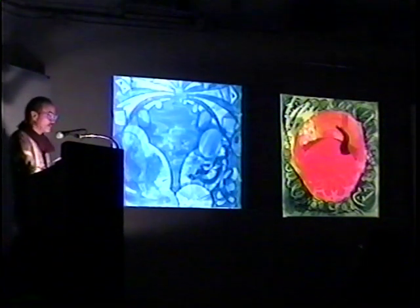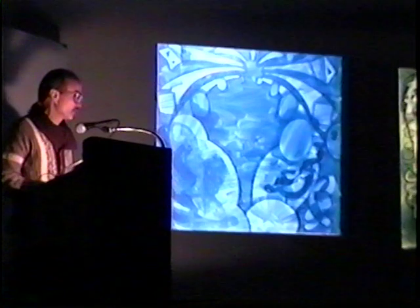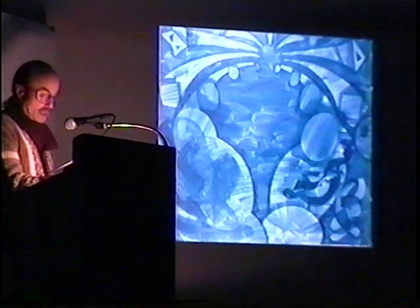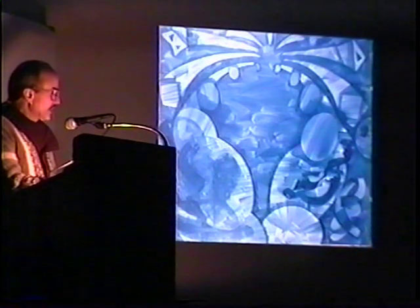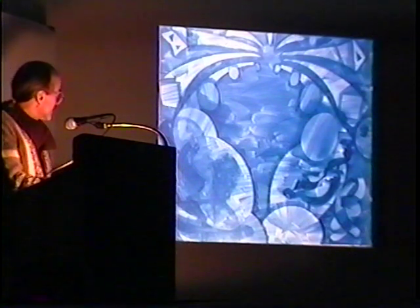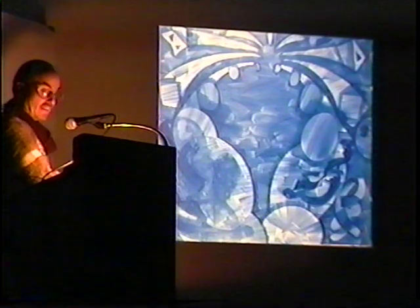Now, this is called The Blue Theater. It's a large painting. It's 90 inches by 96 inches. It's in the Museo Contemporaneo in Mexico City. I'm endlessly amazed by how little I sometimes understand what's going on in my own work. Other people can point things out to me that I never saw. I showed a postcard of this to someone, and he just took a glance at it. He says, oh, well, that's somebody. These are 2 people. I said, oh, my God, you're right. And look, joined at the hip. I was